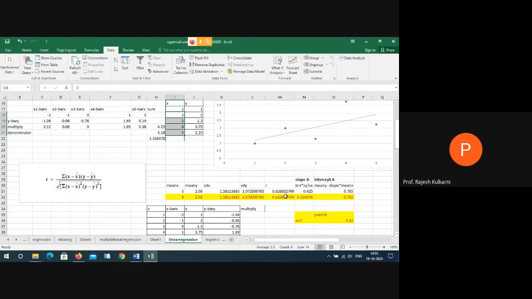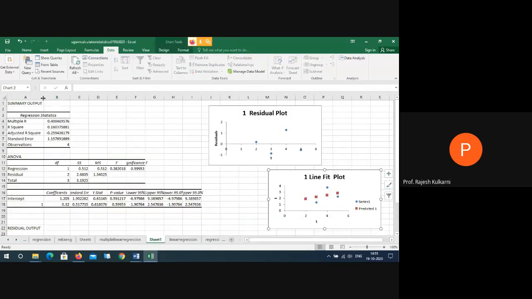The value of R is 0.62. 0.6. So you remember all these values, right? Mean of X is 3, mean of Y is 2.06, and R value is 0.6, slope is 0.4, intercept is 0.75. Let us check here, which everything had happened automatically using the data analysis tool.